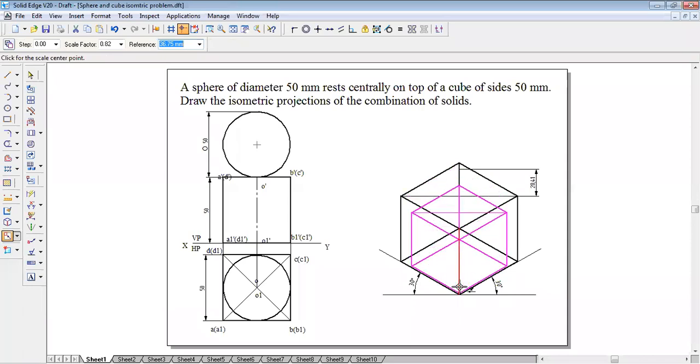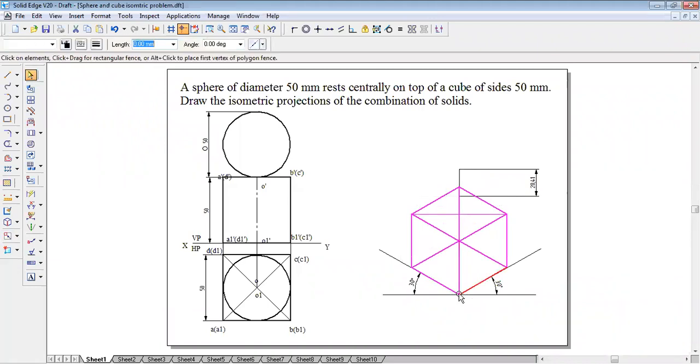Okay. Now I'm locating the corner here and clicking the point. When I click the point, it is reduced now. So this length, which was earlier 50 mm, if I click on the line, you can see it is 40.82, because it is reduced now. All the sides which were made as a cube of 50 mm will be 40.82 on all the corners. You can have a look. This is how it has been converted.